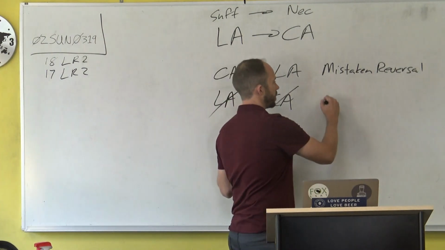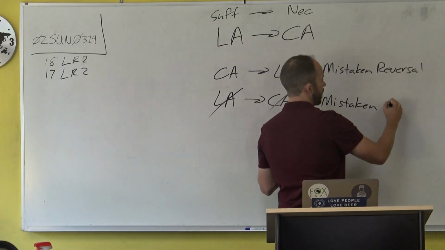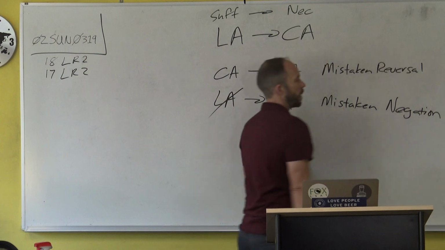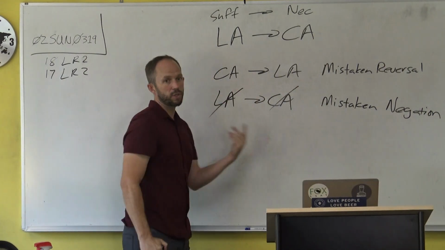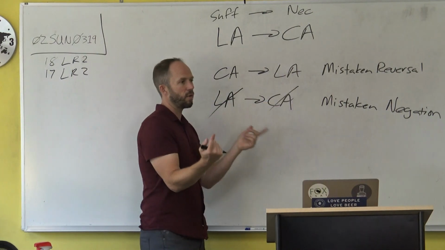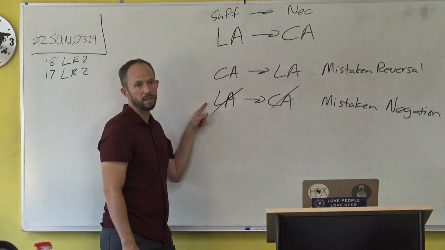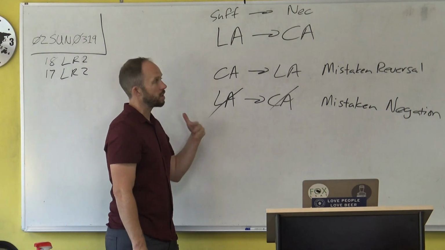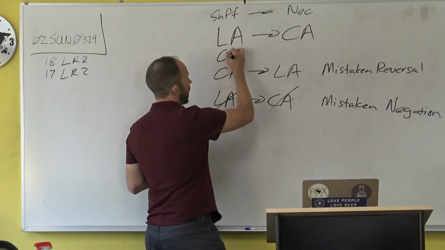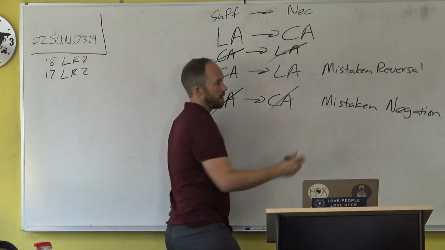But in LSAT teacher terms, we call that a mistaken negation, where what we did was we took this statement, which is correct, if you're in LA, you have to be in California, and then we just negated both sides without flipping it. So here we just flipped, here we just negated, and what we needed to do to get to the contrapositive was to do both, right? We needed to say, if you're not in California, then you're not in LA, and that's valid. That's the contrapositive.